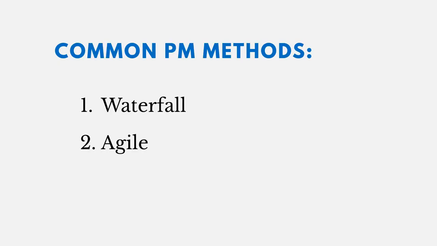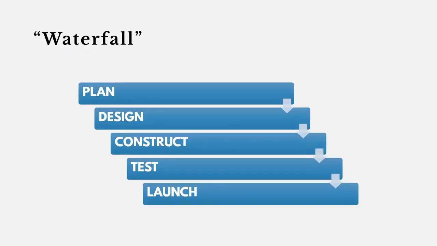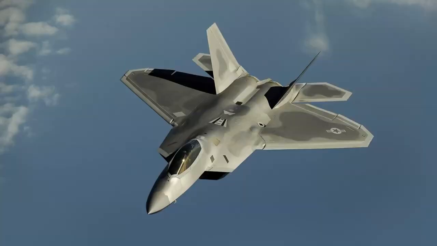So now let's talk about what Agile project management is. Now in project management, we have two common types of methodologies, or the ways in which we do our work. There's waterfall and there's Agile. On a waterfall project, we perform project phases once. You do all of your planning, then all of your designing, then all of your construction, and so on. So this keeps things under control, but can also take a long time before you actually launch or deliver something at the end.